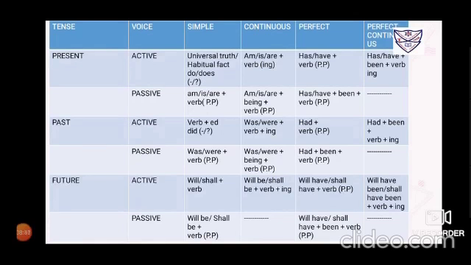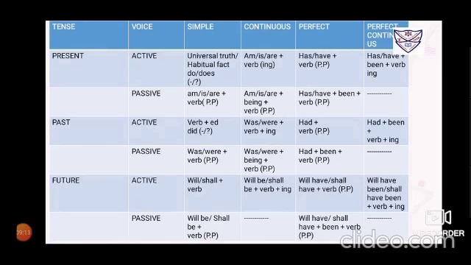When going for the continuous tenses, we will always be having am, is, are, and the verb in its ing form, continuing form. So present continuous tense: I am eating an ice cream. In that passive voice, am, is, are will remain the same, but the verb that carries ing, you will remove that ing from the verb and give it to the be form, that becomes being.